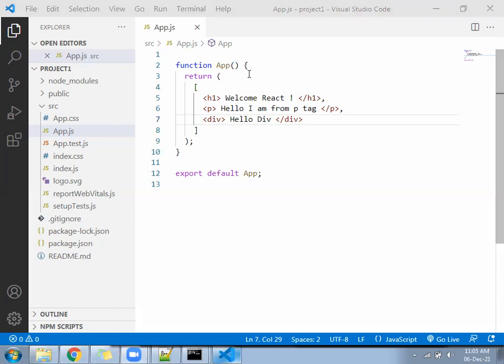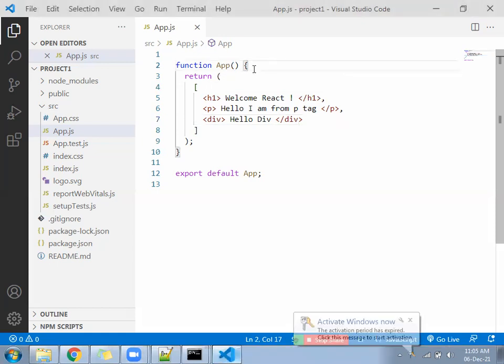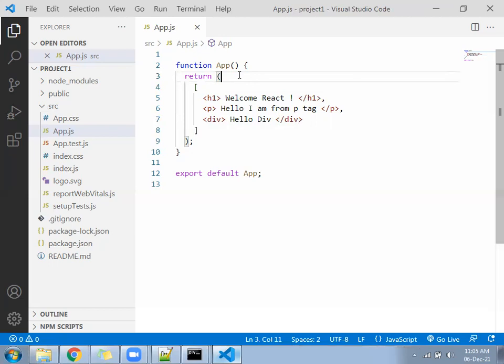Okay. So next, first command, remember H1 I have written only, it was working. As soon as you added the paragraph, error happened. Then we added the division, it started working. Division we replaced with the hello, it started working. Then hello we replaced with the empty, it started working. Now empty we replace with what? Array symbol. Inside the array, each element will be called an element, each tag will be called an element.